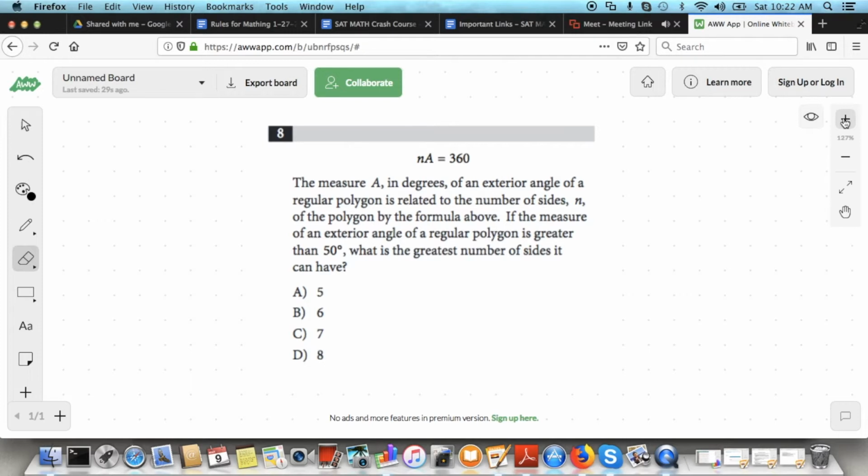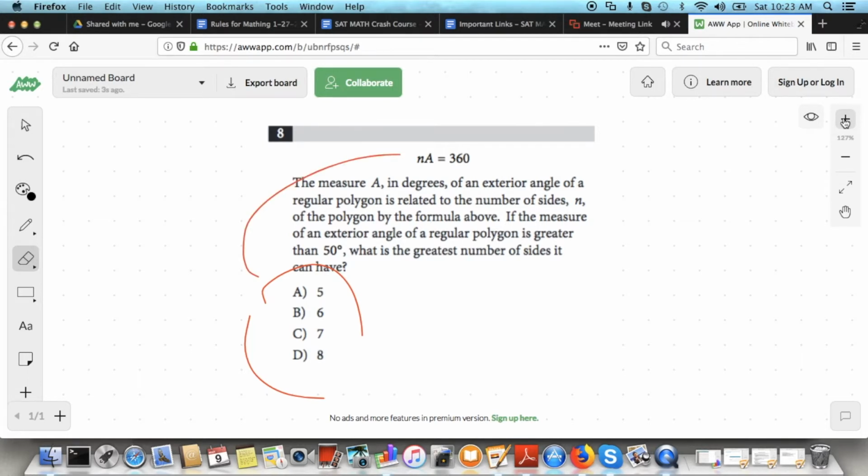I think one of the trickier parts of this problem is just figuring out what it's asking us. What is it asking us to solve for here, Hudson? The exterior angle, well, how many sides it can have? How many sides this polygon has, or at least the greatest number of sides this polygon can have, whatever it is. Polygon's just a shape with a certain number of sides. The answer choices A, B, C, and D, these are all potential values for which variable? N. N, right? Okay. So if we plug these values for n into the equation above,